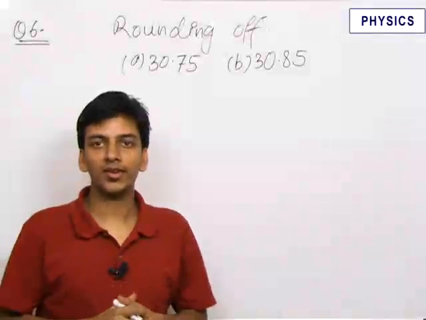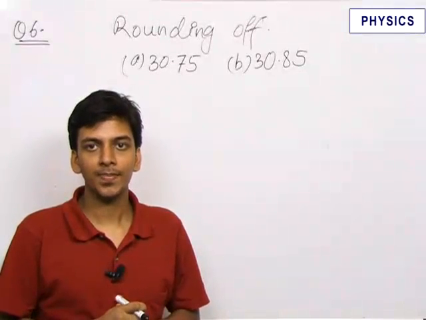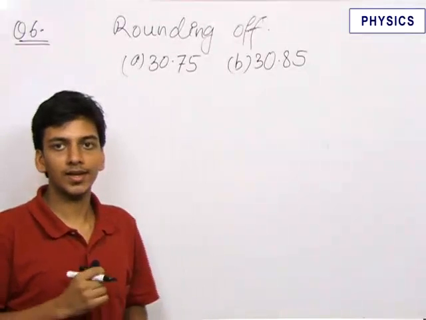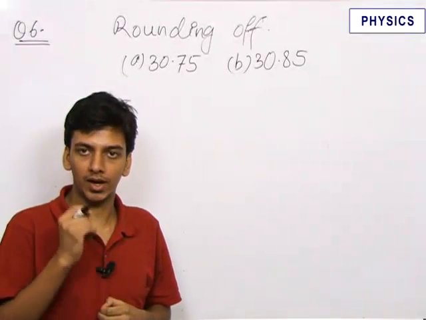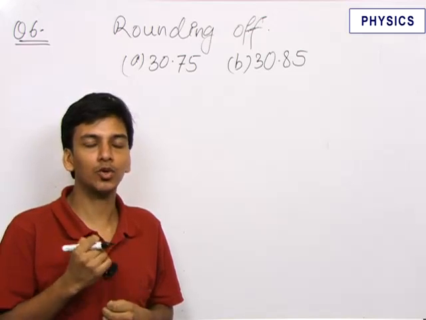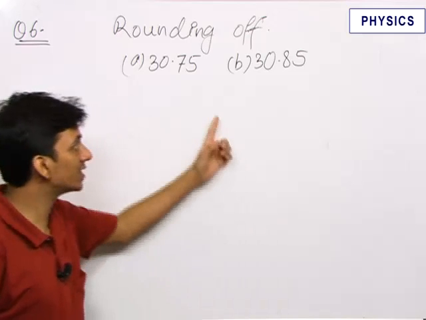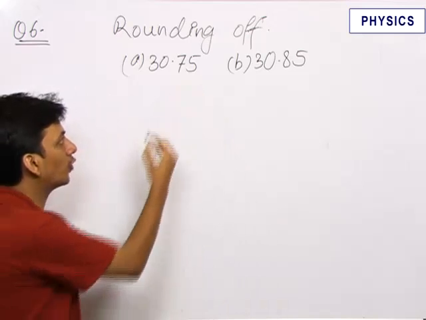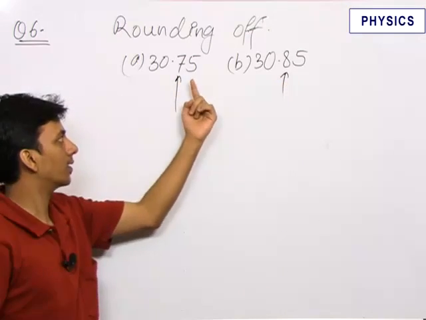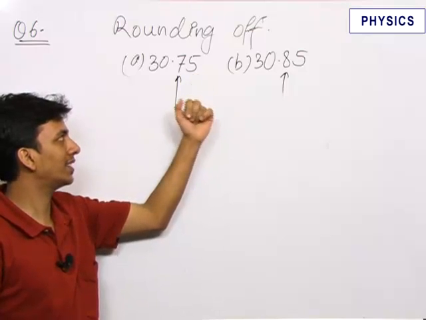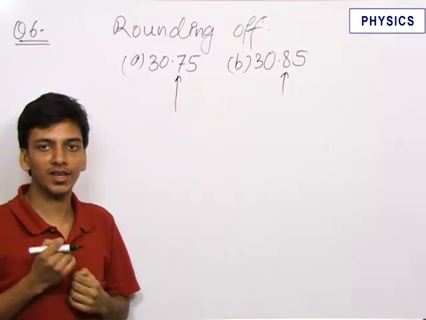The sixth question we have in hand is related to rounding of numbers. For all the numbers like 30.6 or 30.67, if we need to round it off to one decimal place, then we'll round it off as 30.7. But in these cases, when the digit you have to round off to is the first decimal place, and the second digit beside that is 5, now in cases of 5, there is a confusion.